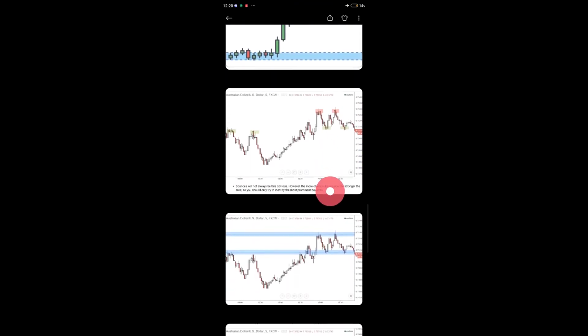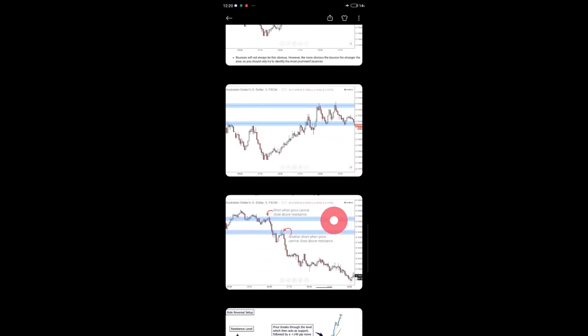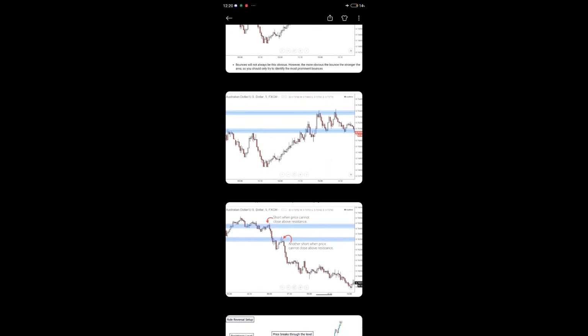Now here we have a chart, and I took a short position. So you short when the price cannot close above the resistance level, and the price was in a downtrend position, as you can see. And if you were to enter your trades here, you would have closed at your first target at this resistance level, because there is a support area here. This is a support area. Your first profit will be there before waiting for it to break through the support,